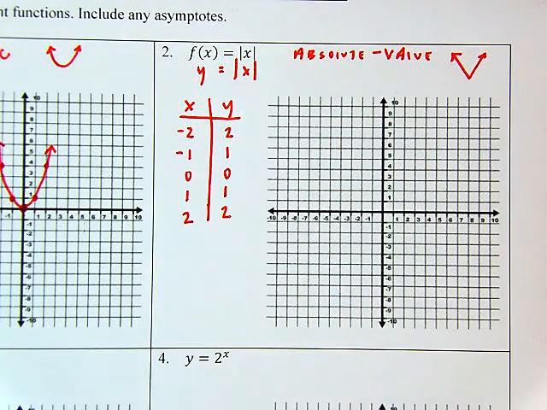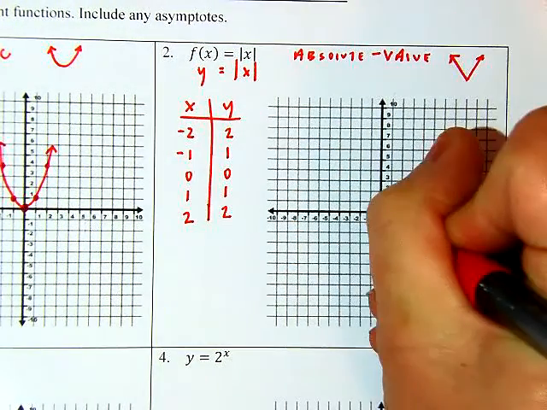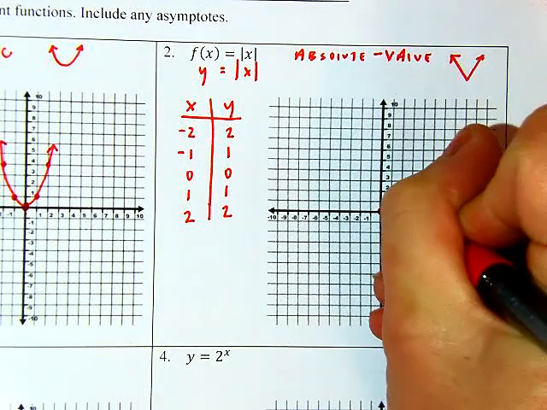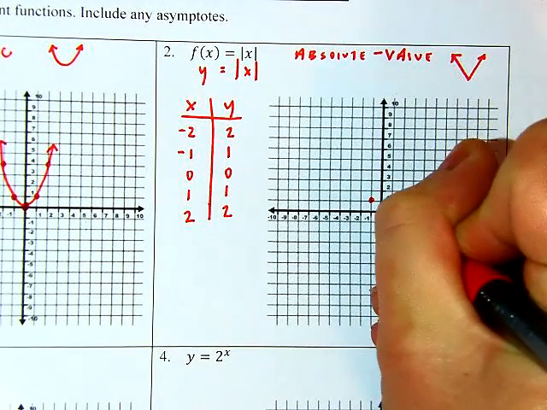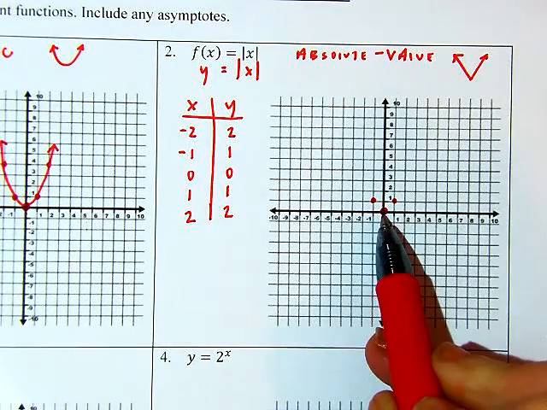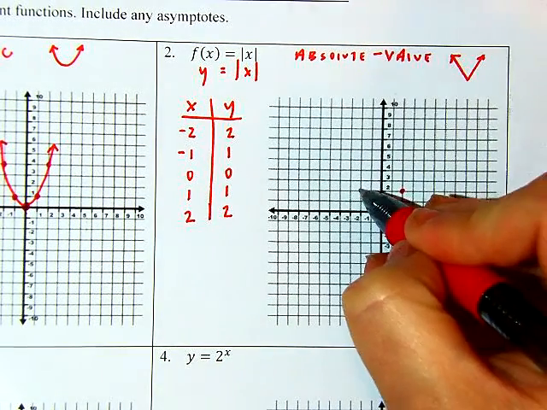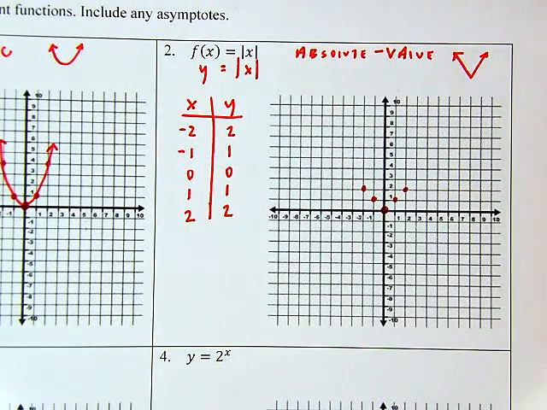So when I plot these points, I start at the origin. That's where I drop my anchor right there. And as I go over 1, I'm going up 1, back to my origin, back to where I dropped anchor. And as I go over 2, I'm going up 2. Okay, if I did more points, if I went over 3, I'd be going up 3, over 4, up 4,